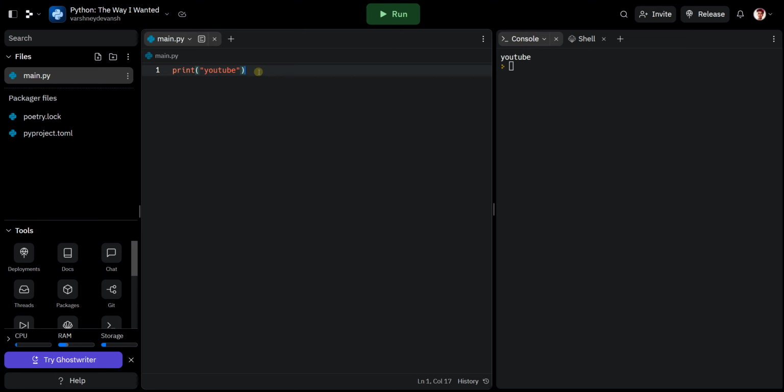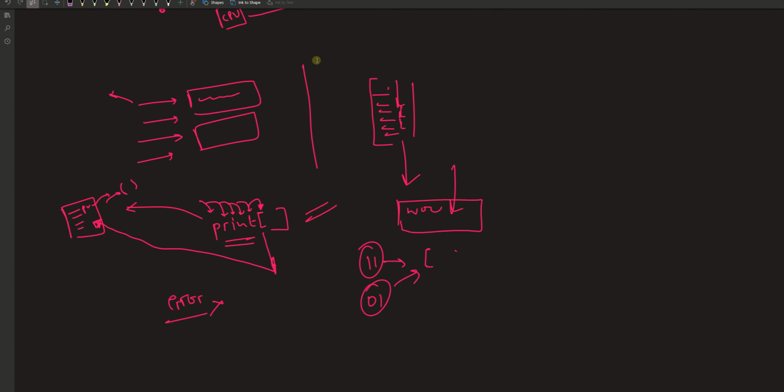Right now we have a file, and we're able to print our first YouTube. And what is this thing? Interpreter, I told you what an interpreter is, and here with the interpreter, for example, let's go print. The interpreter came here, print. It's read, okay, fine. Then it found this, like yeah, everything is going fine. Then it went here. It found a double quote here, so it's like, hey, now a string is starting.